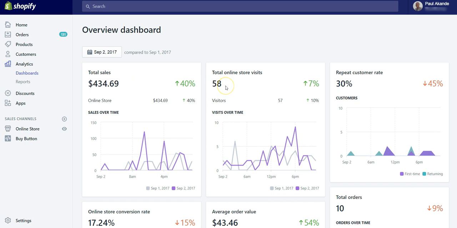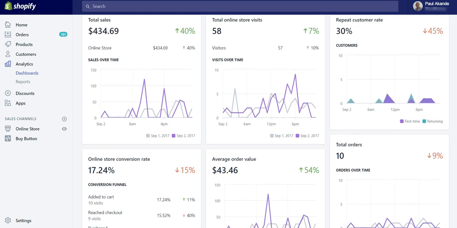Don't forget, I've not started scaling anything again. I'm not really scaling my ads. I'm just running basic ads, $5 ads, that's what I'm running. I'm not scaling anything out yet, because I'm still testing the funnel, trying to look for the best angle in which I can go. So this is what September 2nd earned me. And then you can see I have 58 visits. And then this is the conversion rate.